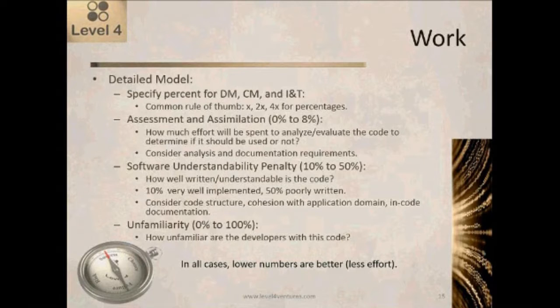Okay, the next category is software understandability penalty, or SU. The question here is, how well written, how understandable is the code? So 10% would be very well implemented, 50% would be very poorly written. When we're looking at this, the things that we want to consider as part of setting the right value are